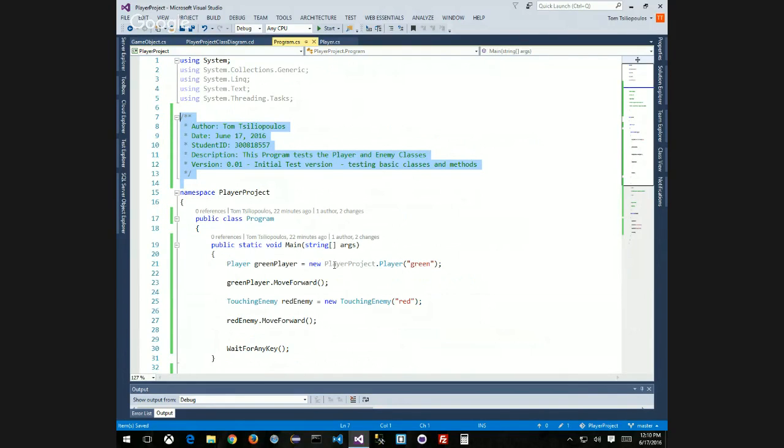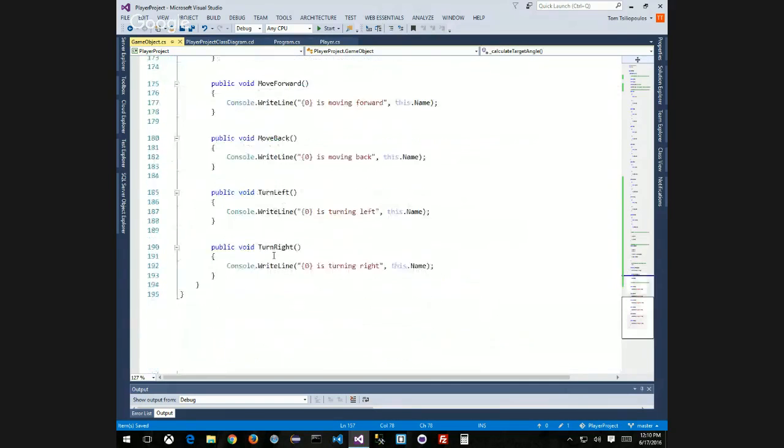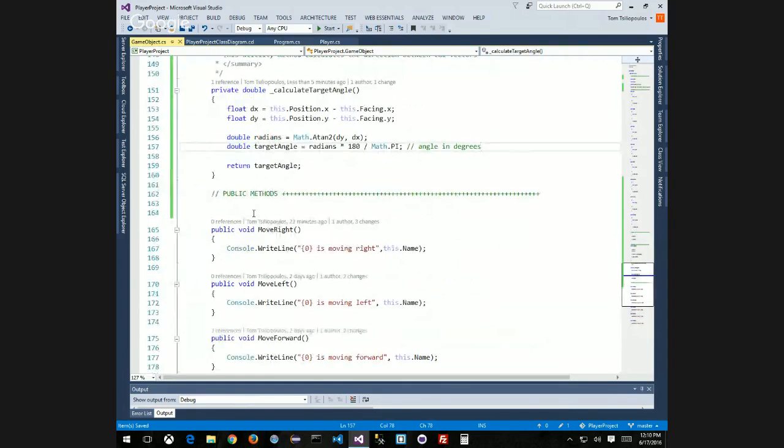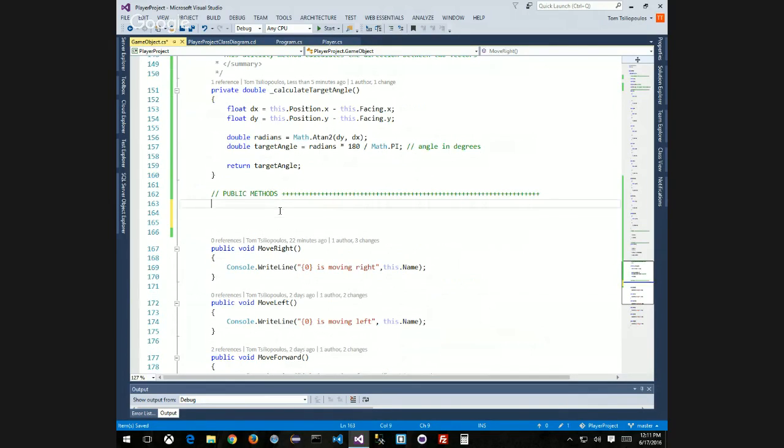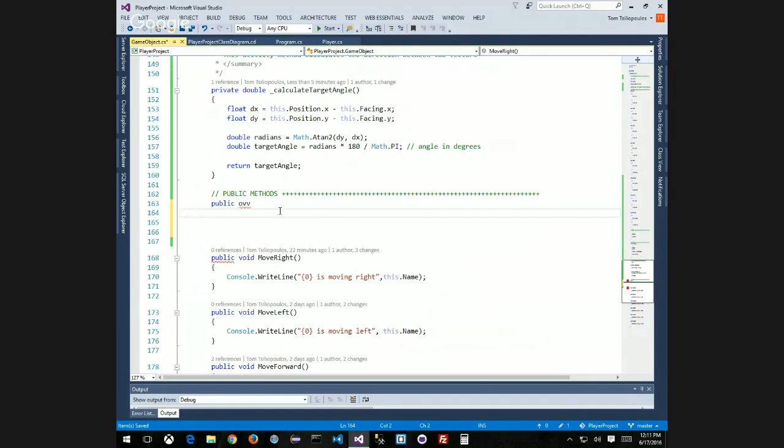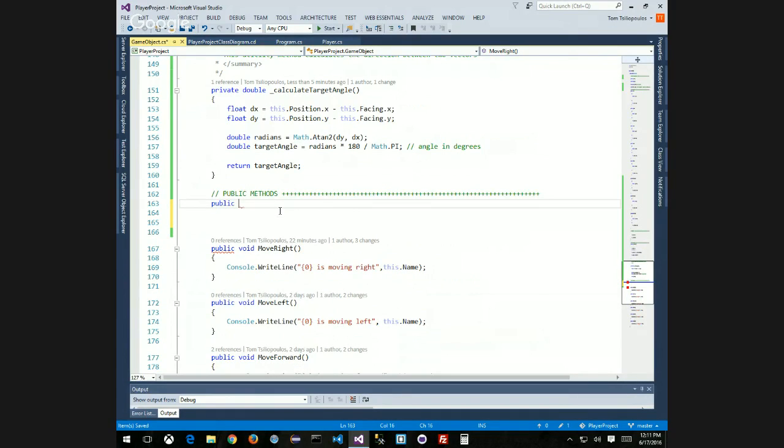I want to be able to see my player. What do I need to be able to see the stats of my player and all my details? Some kind of toString method, right? Which we can override. If I go down to here, it's going to be a public method that I override. I'm probably going to put it right before this part here. So public override